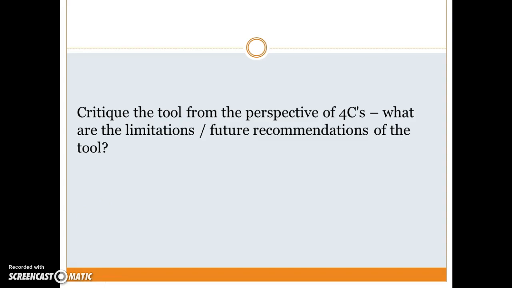Okay, so this next prompt asks me to critique the tool from the perspective of the 4 C's. I think it's excellent. I believe that it absolutely does make a play for creative thinking and also for critical thinking as well. And as I said previously, the collaboration and the communication can also be interjected into a lesson when they get a little more complex.